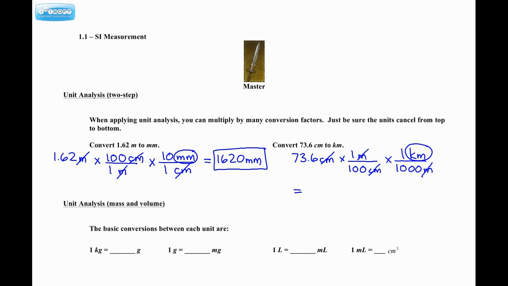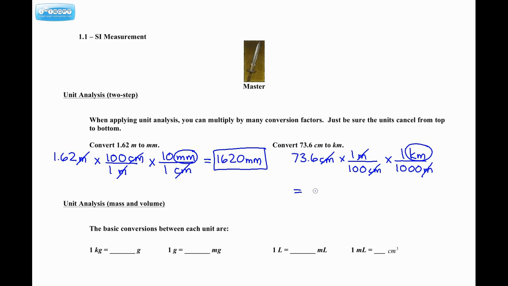So to work this out, this says 73.6 times 1 over 100. And remember, that's exactly the same as just dividing by 100. And same thing here. If you're multiplying by 1 over 1,000, that's just the same thing as dividing by 1,000. So really, I'm taking 73.6, and I'm dividing it by 100, and then dividing it by 1,000, which gives me,